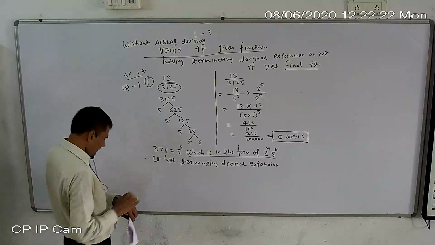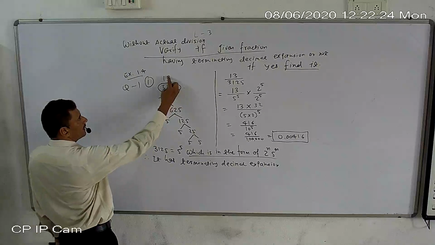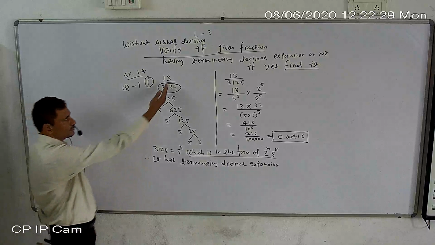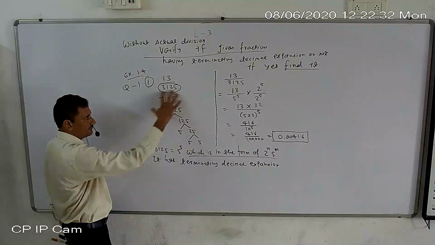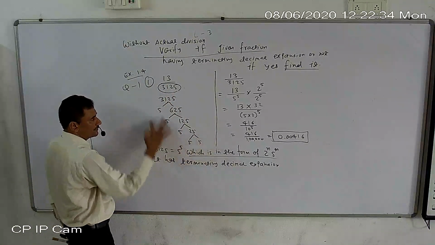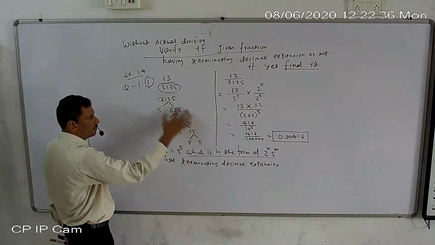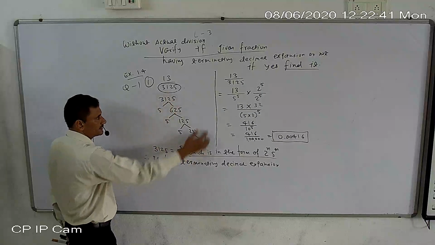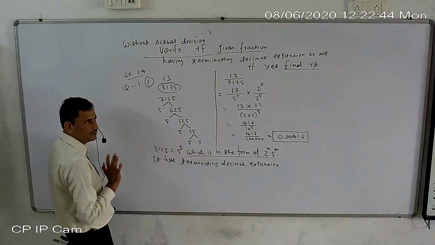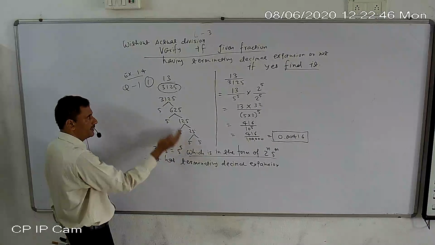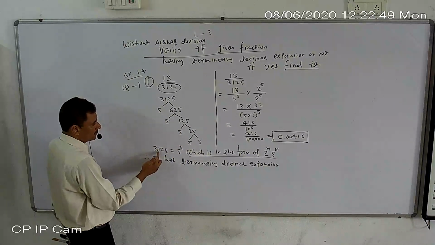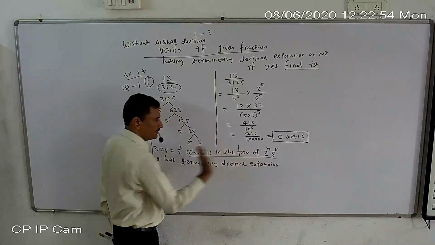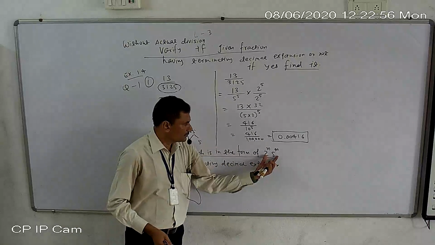Let me repeat it again. First of all, this should be in simplest fraction. It already is. Now this is our main part. No need to show it here. If you found it in rough work or orally, then you can start from this step also. Prime factorization is not an important part here, but you can show it, it is up to you. So we got 3125 equal to 5 raised to 5, meaning it is in the form of 2 raised to n, 5 raised to n. Don't get confused by this expression.